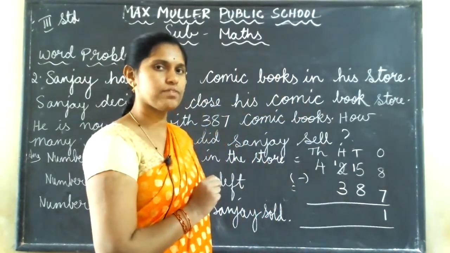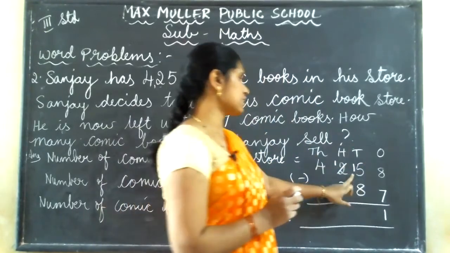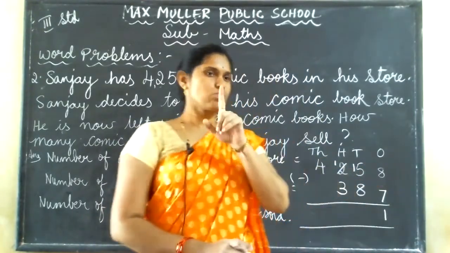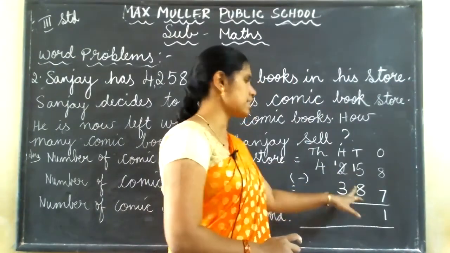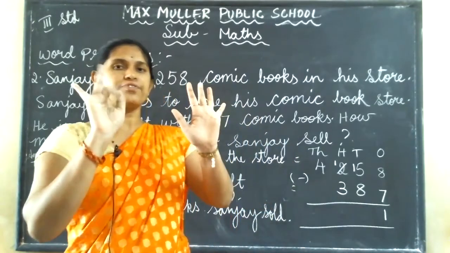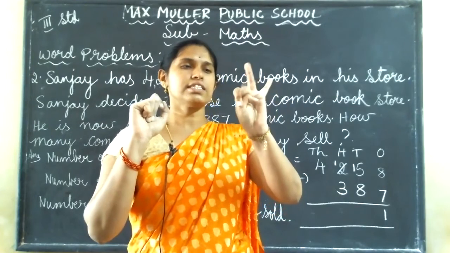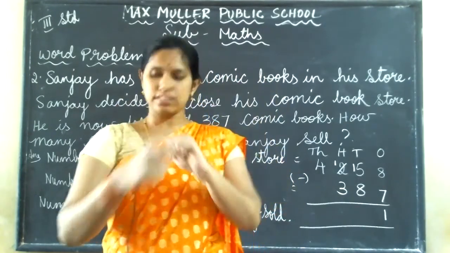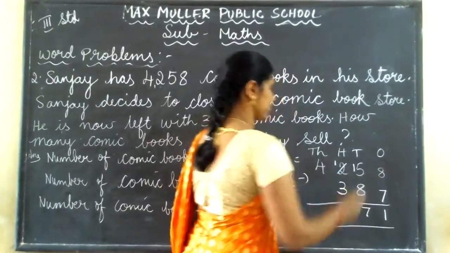Understood all of you now? From 2, I am minusing 1. This one I will write in tens place. This one I'll write in hundreds place. From 15, if I minus 8, backwards you have to do 15, 14, 13, 12, 11, 10, 9, 8. The next number is what? 7. So write 7 here.